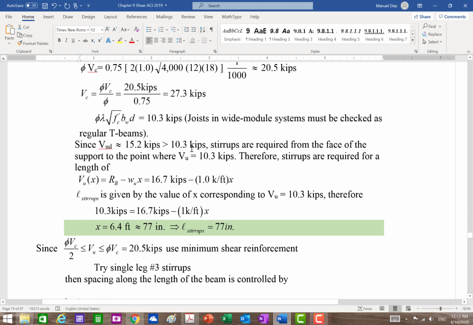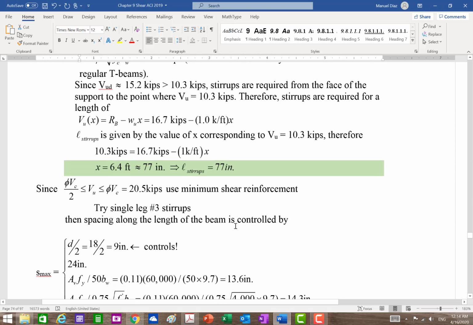V sub u exceeds the 10.3, which is that one, so stirrups are required from the face of the support to wherever this number happens. Where does this number happen? Oh, just go to the equation for shear, replace the V sub u with 10.3, and solve for x. So notice that everything is the same. No difference here, okay? I need to cover 77 inches of that. Eventually,